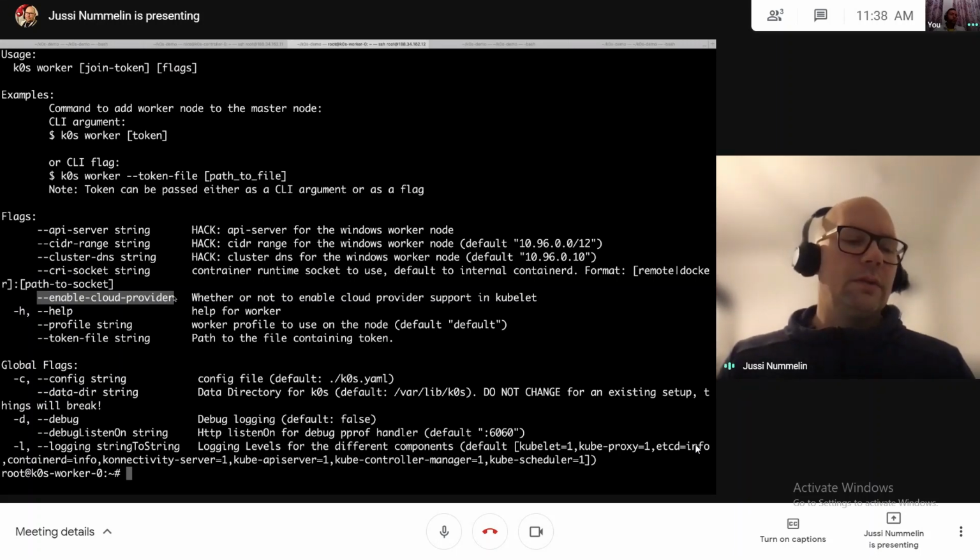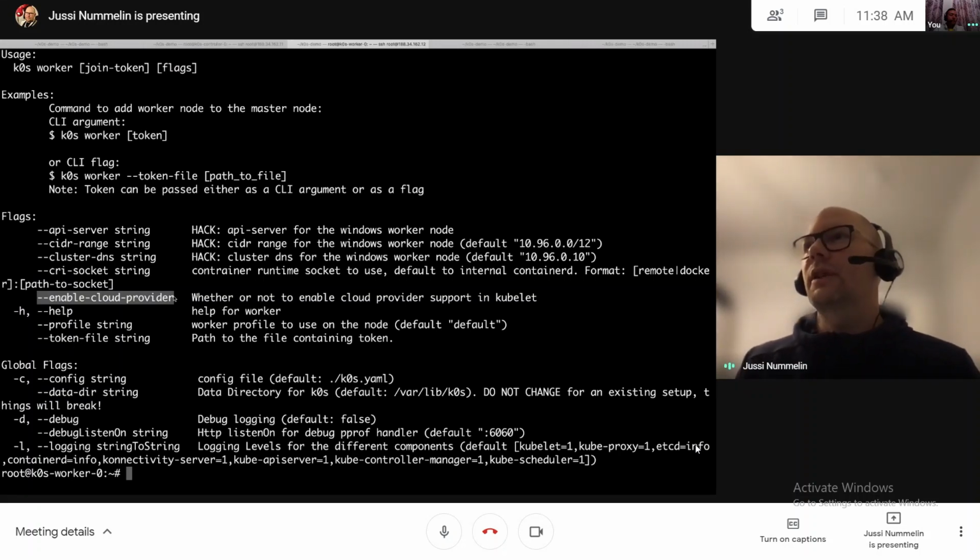So you might have a hard time connecting the nodes between different cloud providers into the same cluster. That's just kind of a limitation on the networking, at least partially.